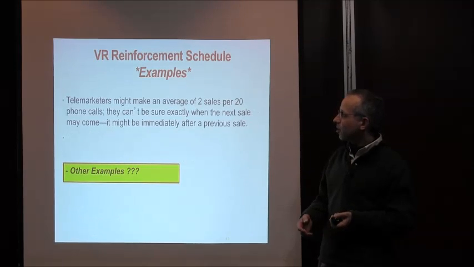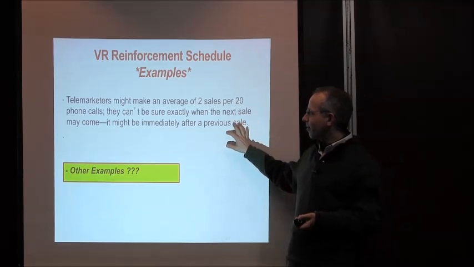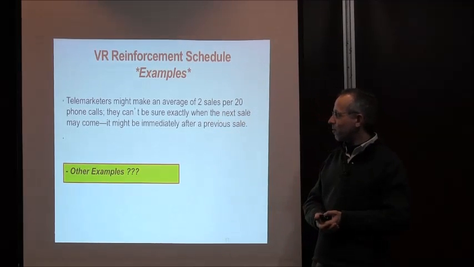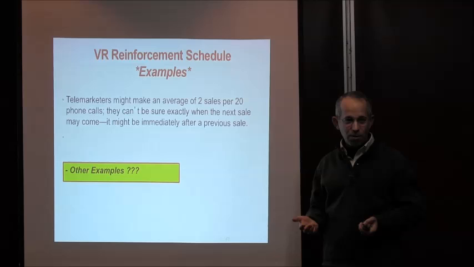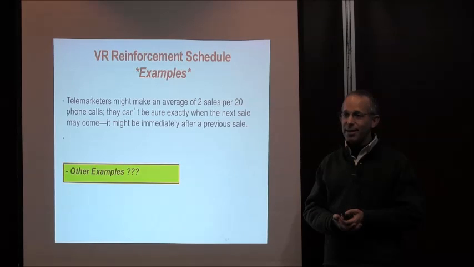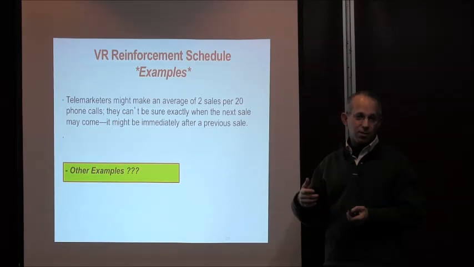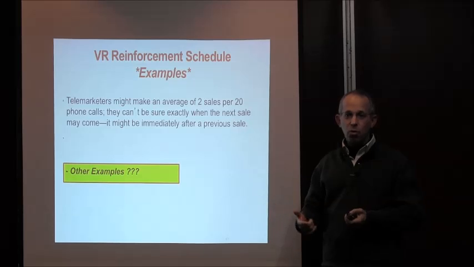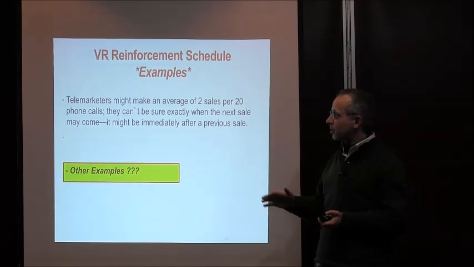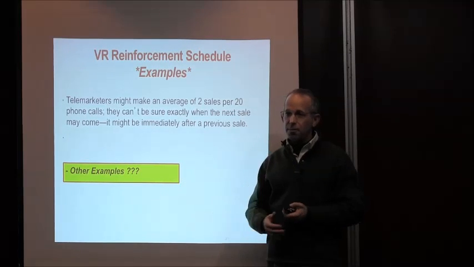So variable ratio. Telemarketers might make an average of 2 sales per 20 phone calls, but they never know which phone calls are going to lead to sales. And the more phone calls they make, the more they're going to get rewarded. So here's an example where there's some